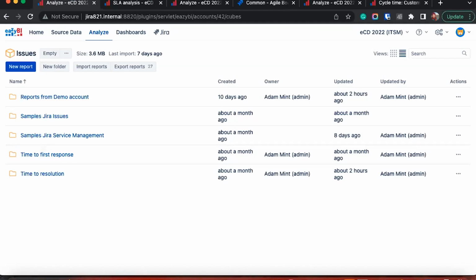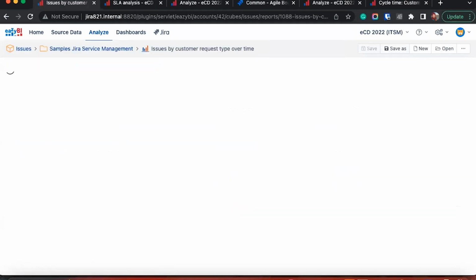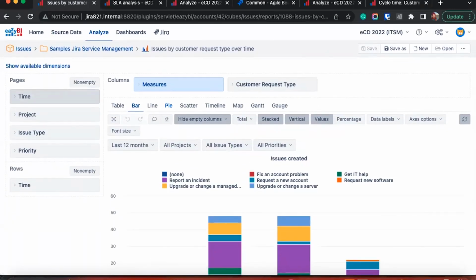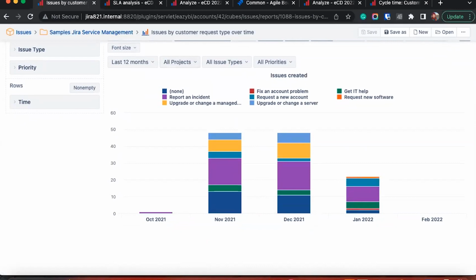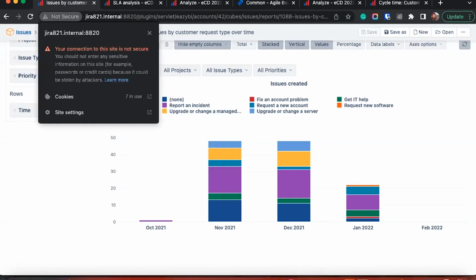Raymond mentioned several features, but he didn't mention that we have created a few new sample reports as well. We have improved existing service management reports, and we have created two new ones. One is issues by customer request time over time, so you can see per month what customer requests have come into your Jira Service Management project. And the second,